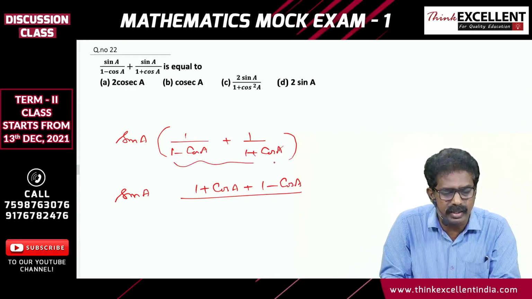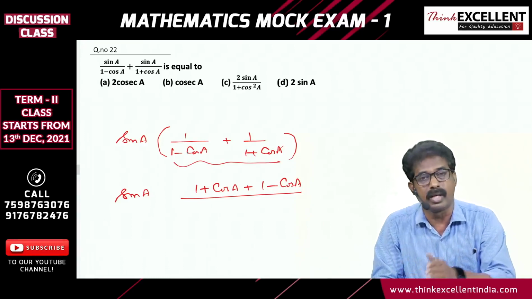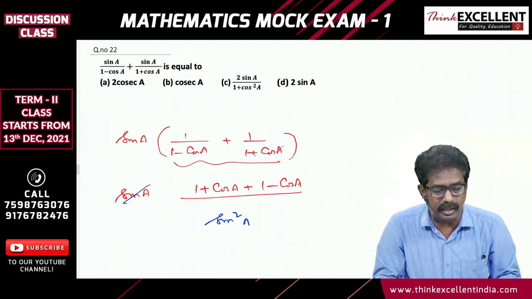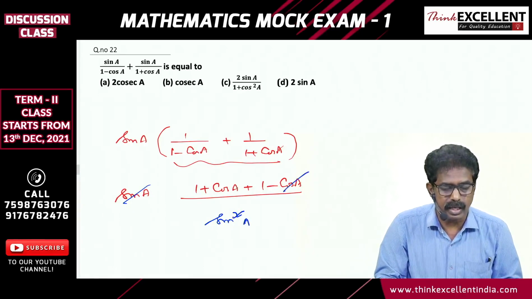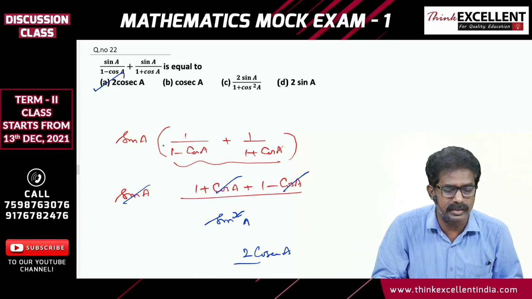Denominator already you simplified and said in some other question, right? A minus B into A plus B, A square minus B square. 1 minus cos square is sine square. 1 sine cancels, right? So here cos A cancels. 1 plus 1 is 2 by sine A. By sine A, take it to the numerator, cosecant A, right? So your answer is 2 cosecant A, the correct answer.